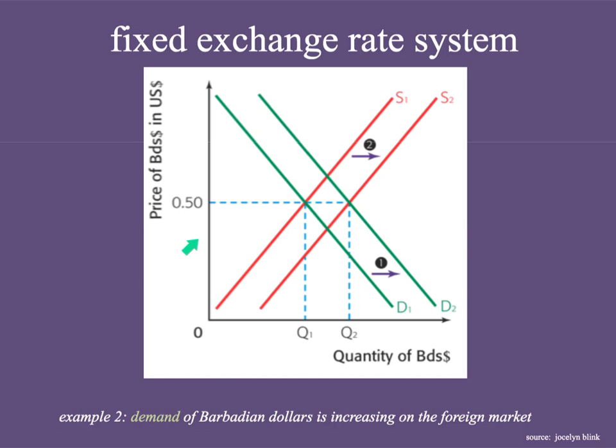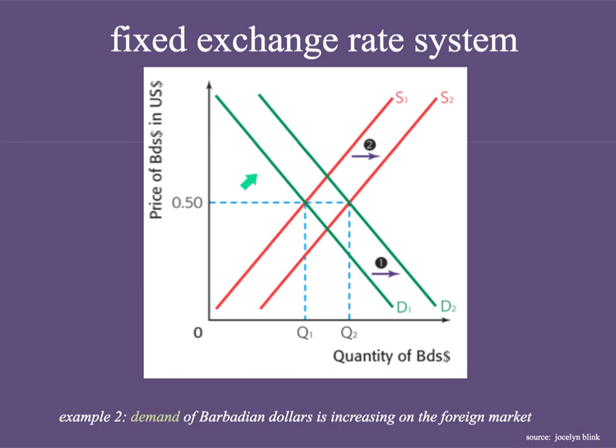Okay, this graph shows a situation where the demand for Barbadian dollars is increasing in the foreign exchange market. So the first thing that happened here, right, is that there is an increase in demand for Barbadian dollars. This may be because, for example, more foreigners wish to visit Barbados for their holidays, so all of a sudden they are demanding more and more Barbadian dollars by selling their dollars maybe, or their euros, or whatever their currency is. So if the government did not get involved, here's S1, right, and here's D1. This is the original equilibrium price-quantity combination. Because demand for Barbadian dollars was going up because of an increase in tourism, right, demand shifts outward from D1 to D2,